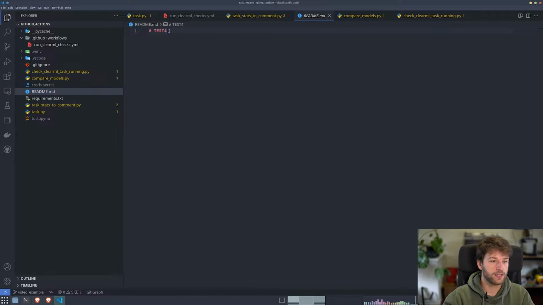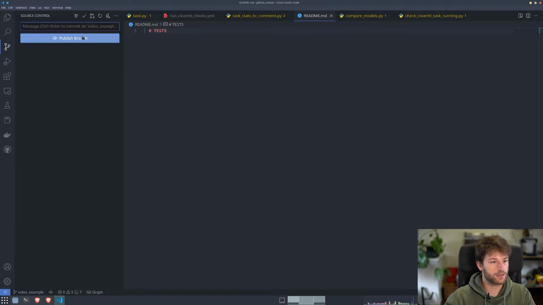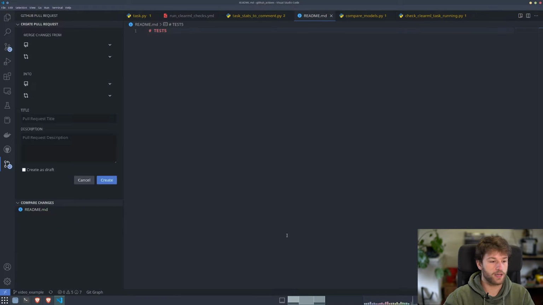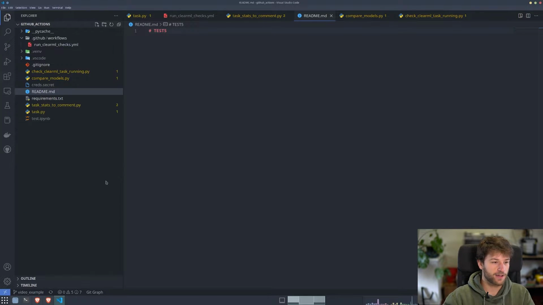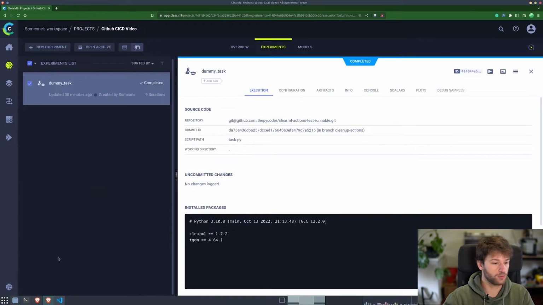I'll just add a small change here, just so we know that there is a change, and then we'll add a PR. So add PR for video example. There we go. Let's do that. Publish the branch, and then I can create a pull request straight from VS Code because it's an awesome tool. Created, and now if I go to our PR here, which we can go into in